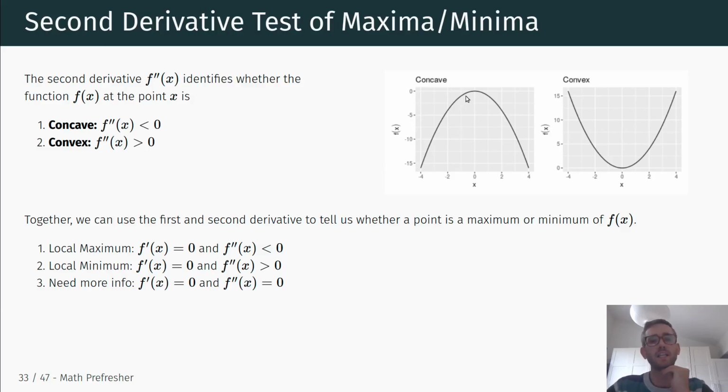So if the slope of the first derivative is positive, so the second derivative is larger than 0, that means that the slope of the original function must be increasing as we increase x,